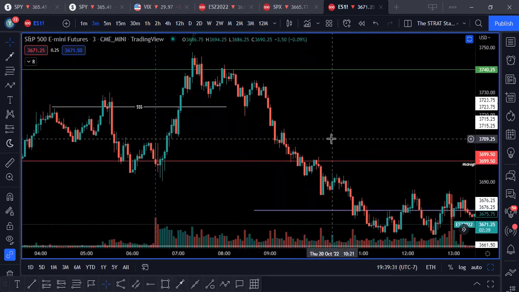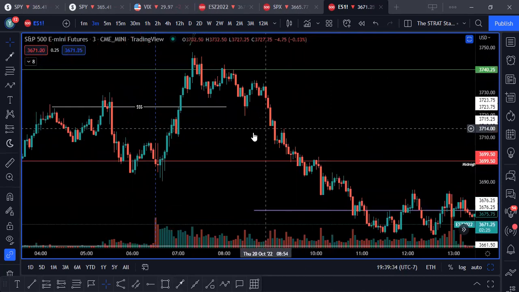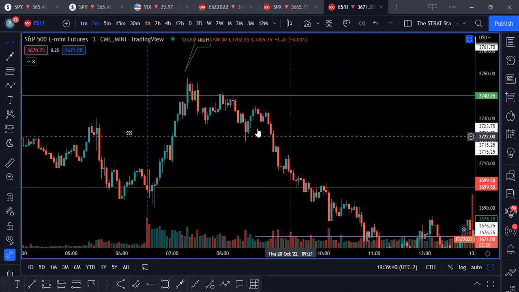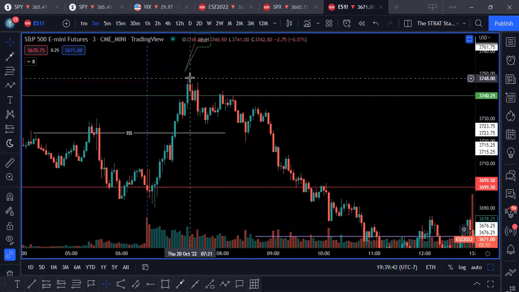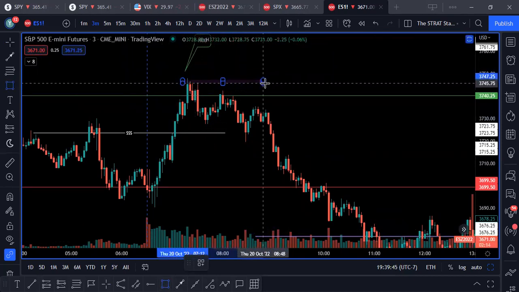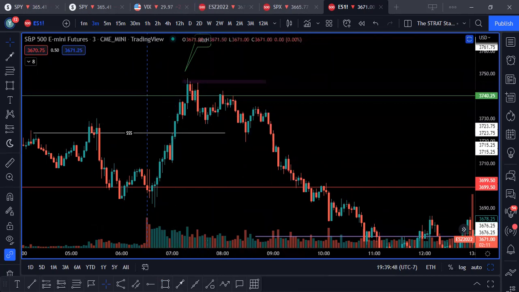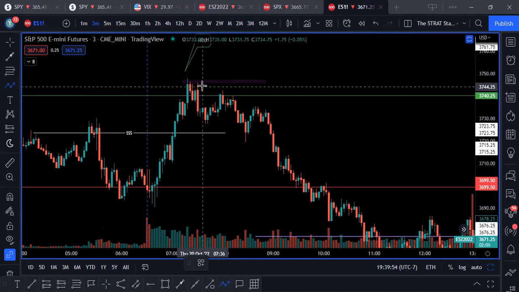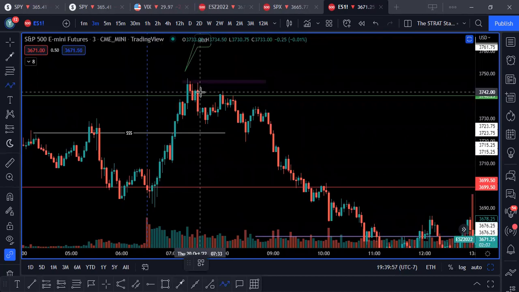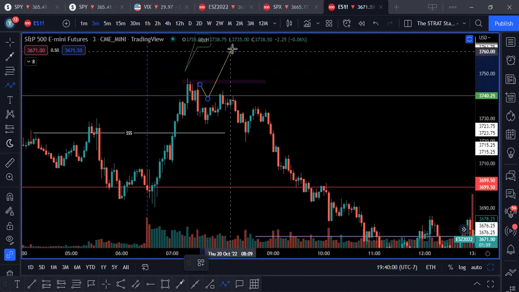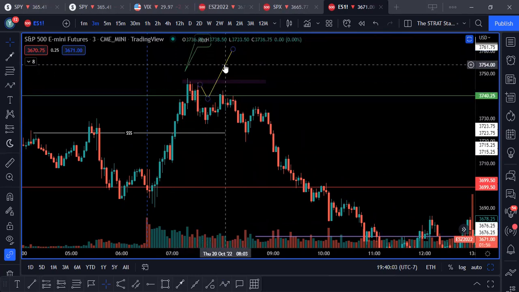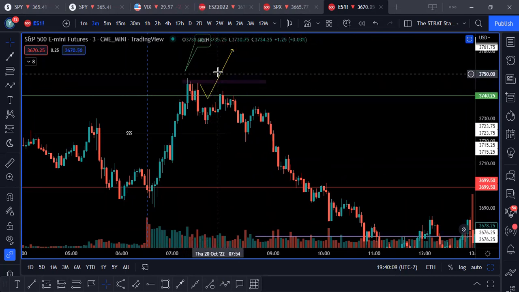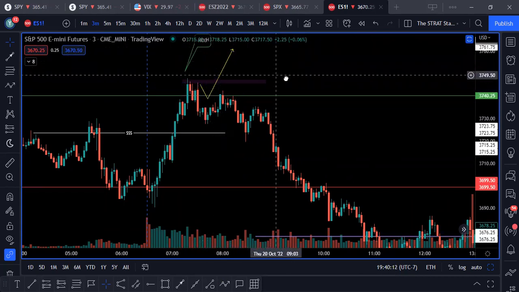But I also tell myself, if I'm in chop too long, more than a few minutes, and it looks sideways and there's no structure I see, I just cut it. I'd rather wait and get back in. So that's why right here, I was going to stay, because I technically got in somewhere around here, which is high of day, which is really good. But I was in SPX and I'm like, man, this reversal is against me, because I was already close to my stop loss of like 20%, and I never came into profit. I'm like, if this reverses, it won't be worth it. It's going to trigger my stop, which I don't even think I have on yet because I'm waiting to get in profit. And yeah, I was going to either stop myself out or just lose more.